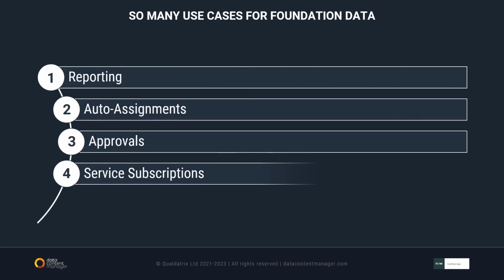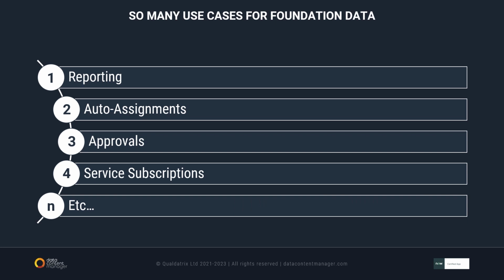So starting with reporting, if you think about the incident example, it refers to users and groups. So for example, the caller is a user. Through the user, you know what's the company or department. So easy to get reporting based on organizational structures. And that really goes through the whole platform. Everything you need to report, you rely on foundation data. Right. So I guess thinking about the other way around, if your foundation data is not good enough, your reporting is not going to be very good either.